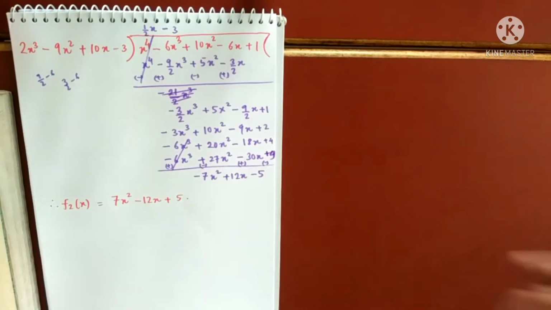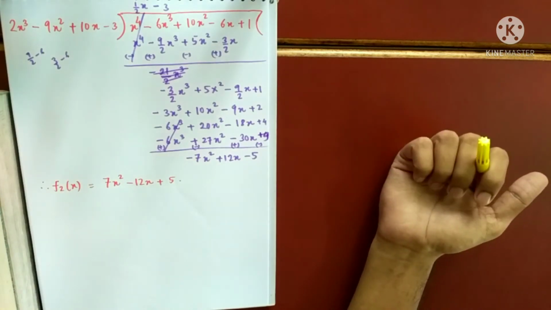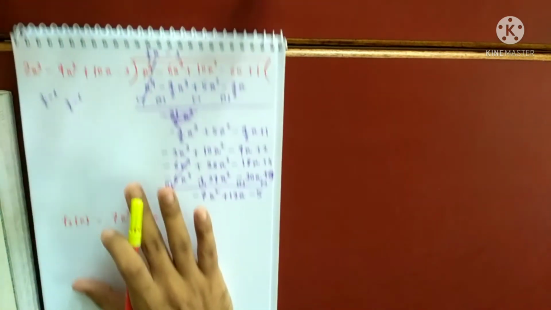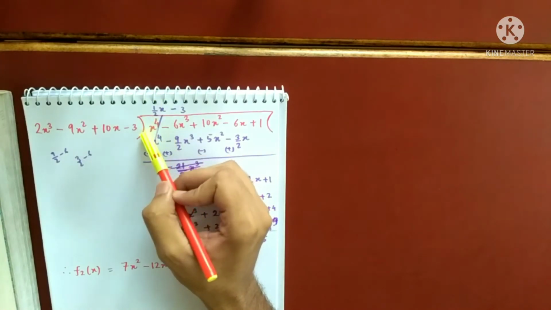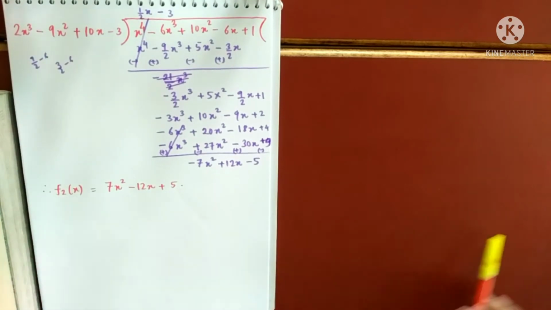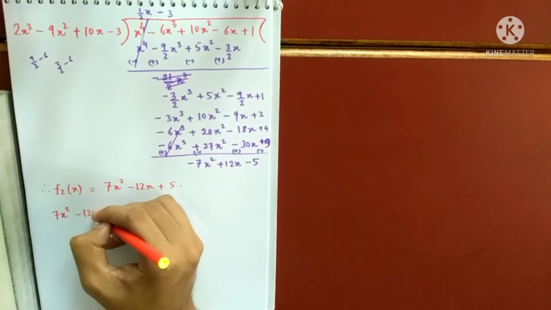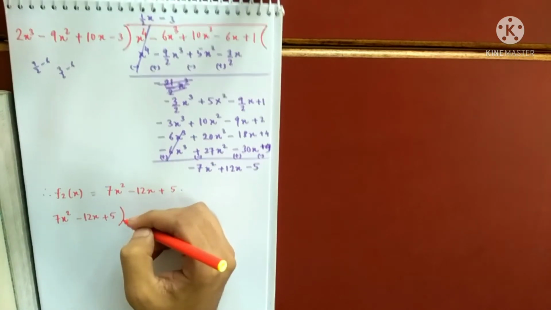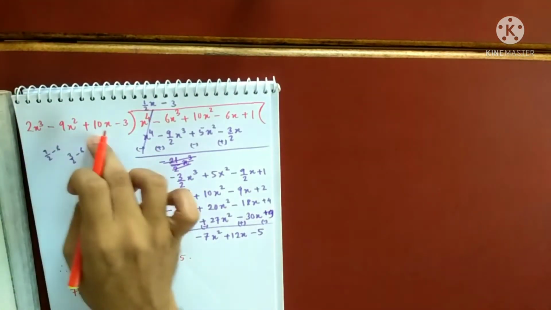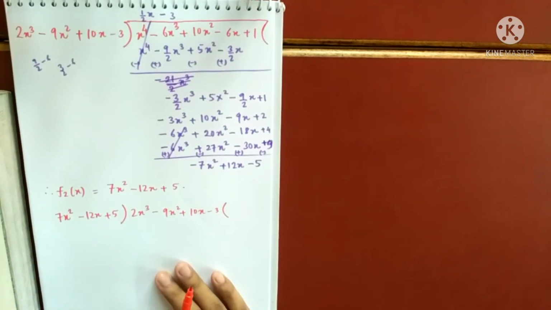Did you understand the process? So always remember, you can multiply by any number to the given equation, to the given things. Like to remove this half also, I could have multiplied here by 2 without any hesitation. That will again give you the same remainder. Okay. Now next step is again the same logic. Now this is your next divisor. And this will be your dividend. 2x cube minus 9x square plus 10x minus 3. So this is my next dividend. Okay.